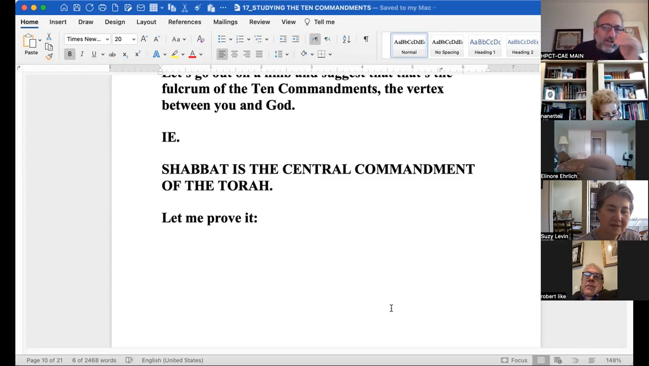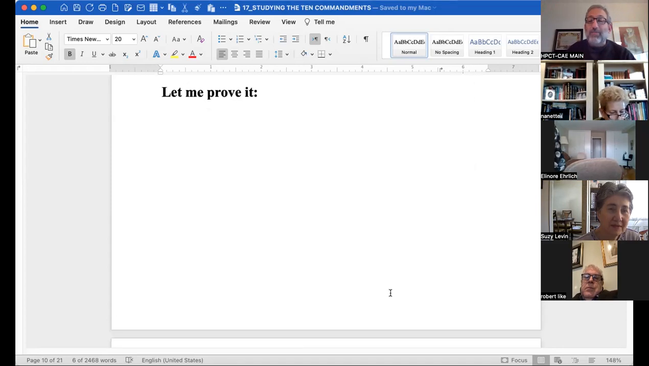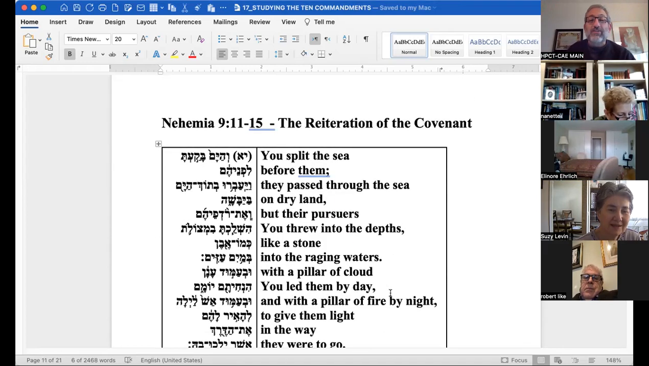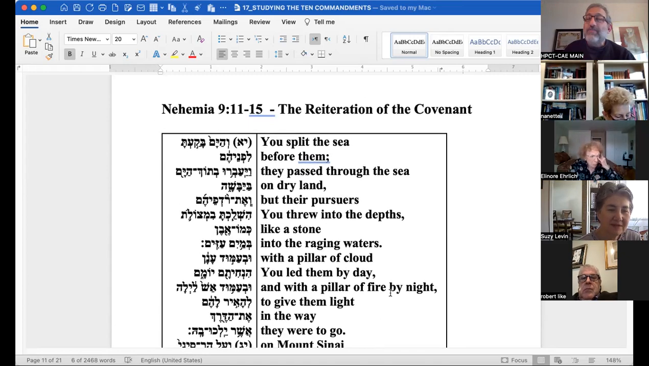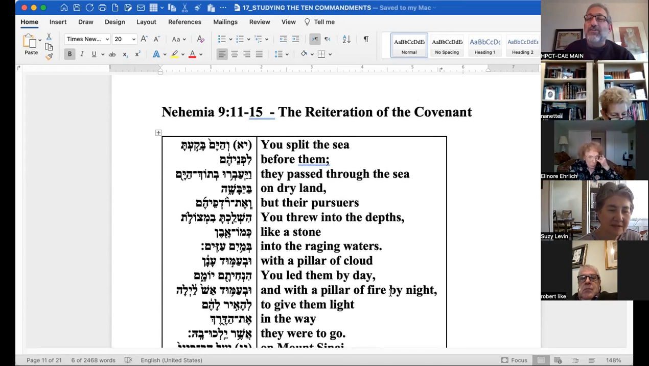And of course, all the others are supremely moral. But in terms of shaping a people and its relationship in its life with God, I can't think of a much more central commandment than Shabbat. And I'm going to prove it because of this chapter that we read. I read this week in Shul at Mincha. So forgive me for those of you who were there, but in Nehemiah chapter 9, verse 11,